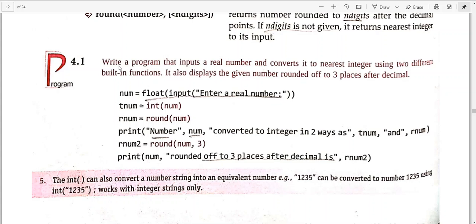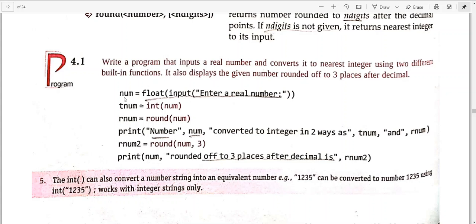Okay, so let us study this program. Write a program that inputs a real number and converts it into the nearest integer using two different built-in functions. It also displays the given number rounded off to 3 places after the decimal. Okay, so firstly it will ask you to give a floating point number.